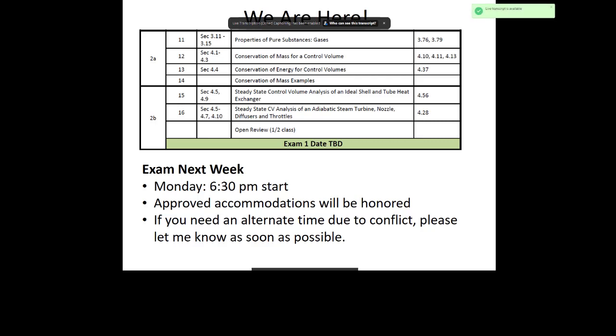So we're going to continue today our discussion on open systems. Hopefully we'll get to do an example with conservation of mass and with conservation of energy, and then still have at least an hour left to talk a little bit about review. So if you have questions.